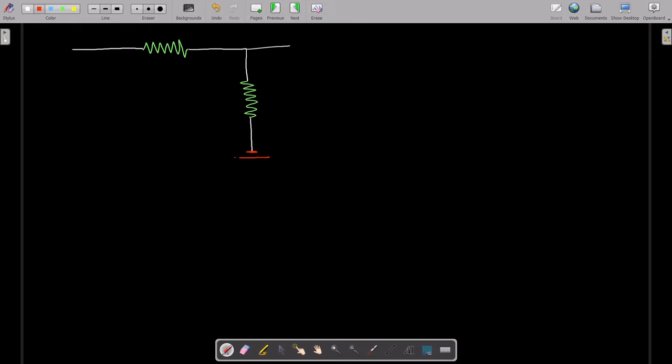Yeah, this is your minus 9 volt, and all of this is connected to ground. Similarly, you are checking your V out with respect to ground. So let me extend this particular line so that it won't get congested. And yeah, this is your V out, and you are checking this V out with respect to ground, correct?